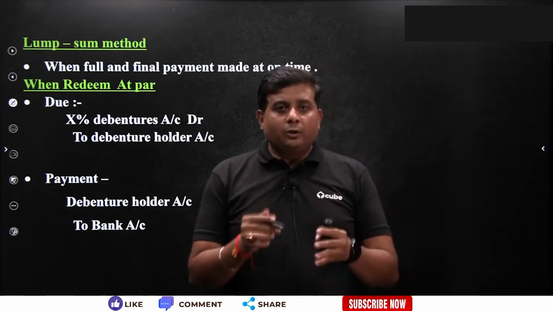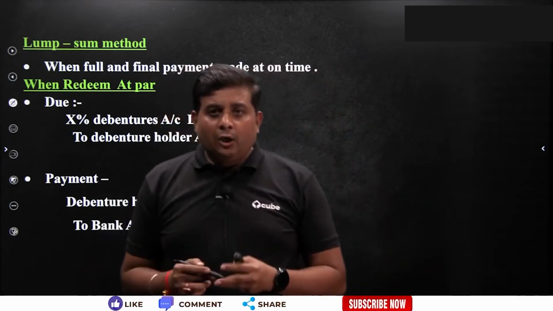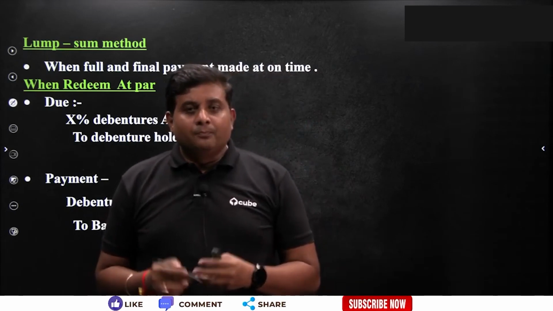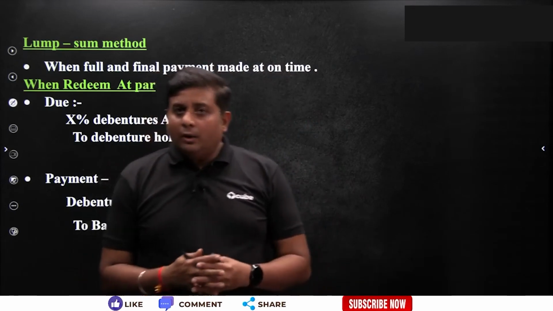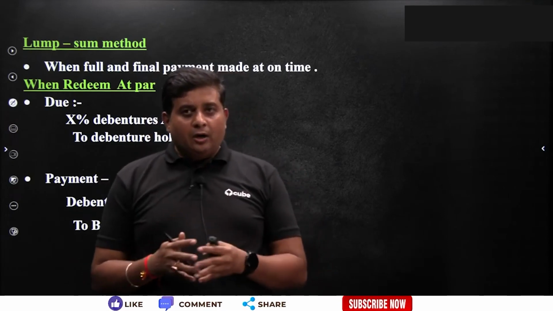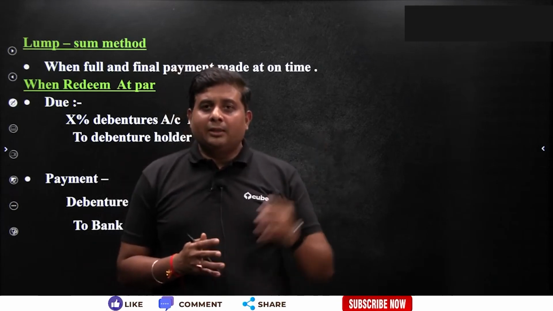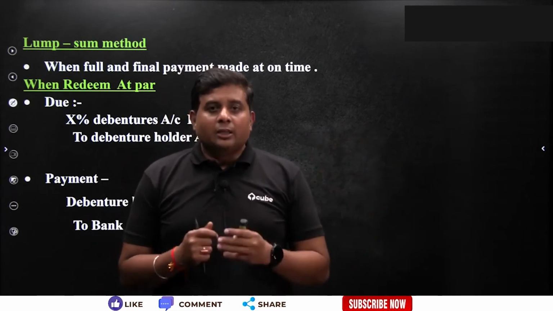Now let's get into some logic. Whenever we take the loan, what is the entry for the same? The entry is bank account debit to X% debenture account. Do you agree with this point? Suppose not, so in the chapter issue of debentures, we have taken the example that whenever the debentures are being issued, actually there are two